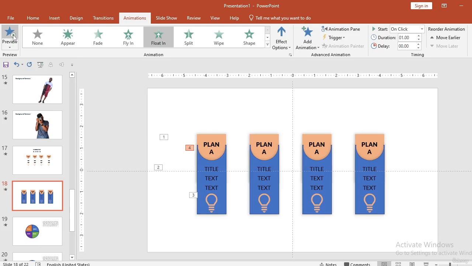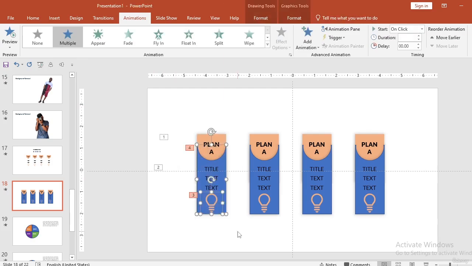Okay, we would do it. We want them to come in an order of sequence. So we want the blue rectangle to come out first, followed by the orange rectangle, then followed by our title text, then followed by the bulb. So let's highlight everything and